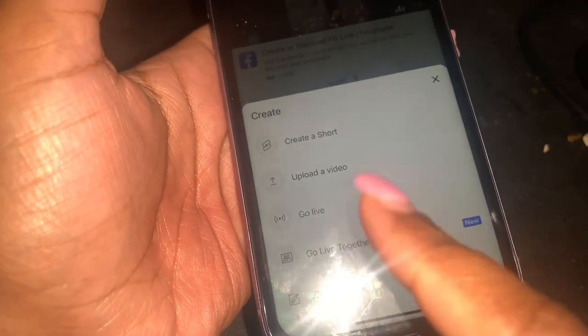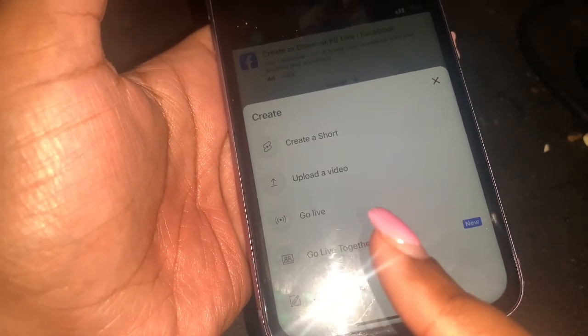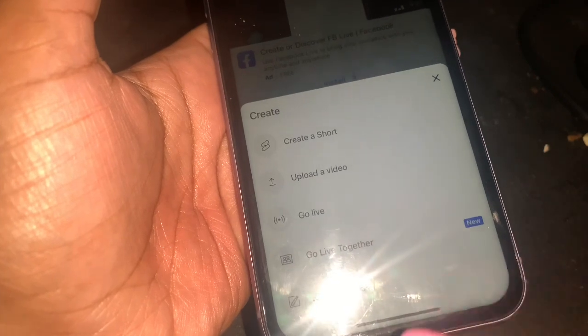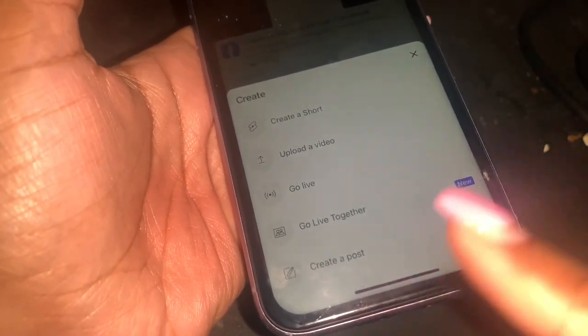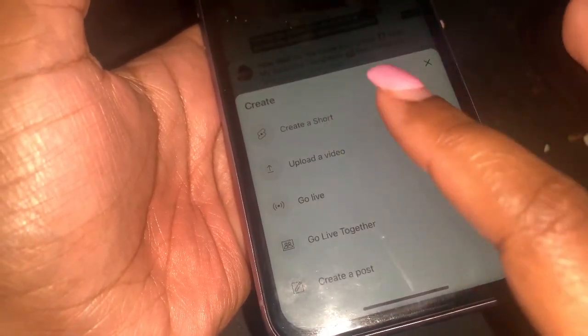You can create shorts, upload your YouTube videos, go live if it gives you that ability, and you can create a post once you hit a certain amount of subscribers. So I'm going to go ahead and press upload video because that's what I will be doing. I'm going to go ahead and click the first video because that is my video that I'm going to be